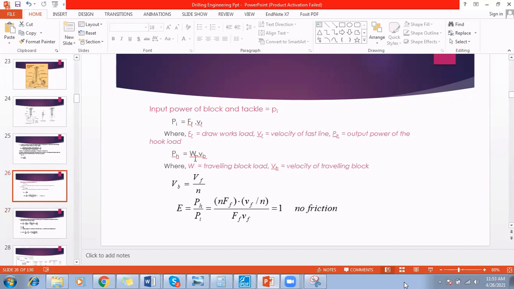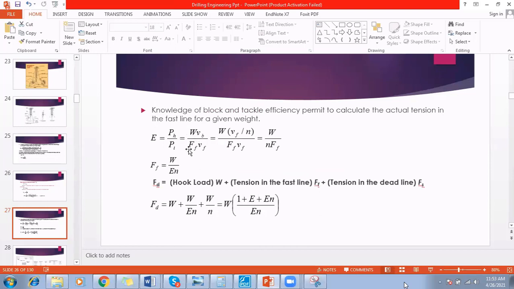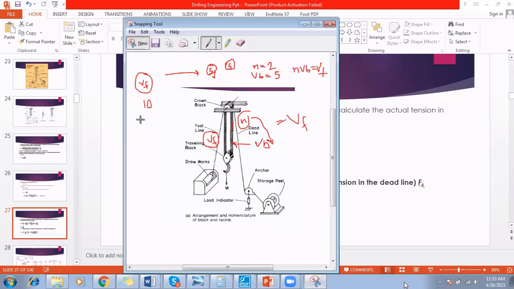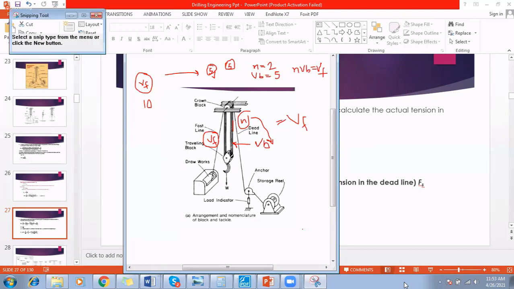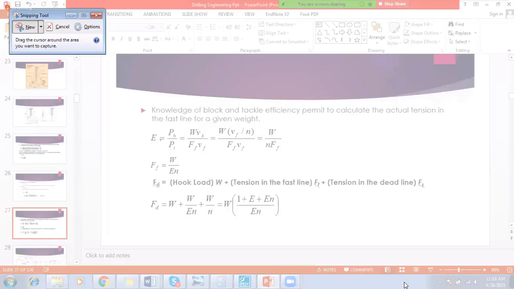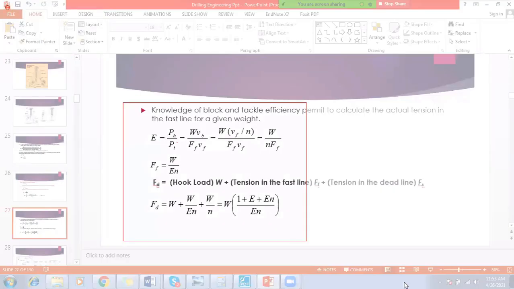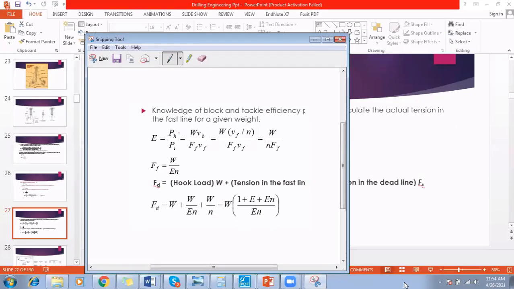Ph is equal to W into Vb and Pi is equal to Ff into Vf. So we have just replaced the things, and at the end, now here you can see that this is Ph, this is Pi, and I have just replaced